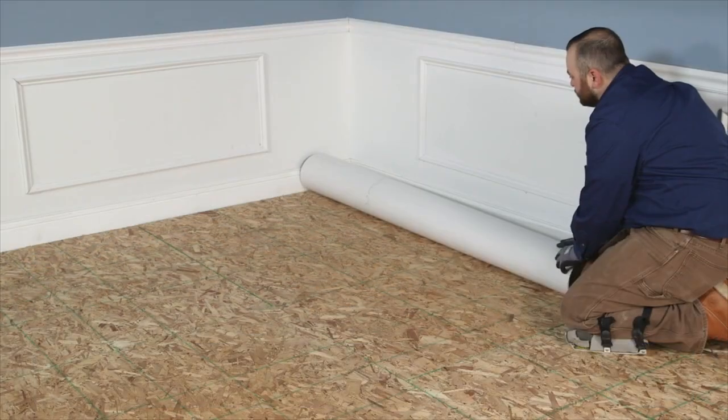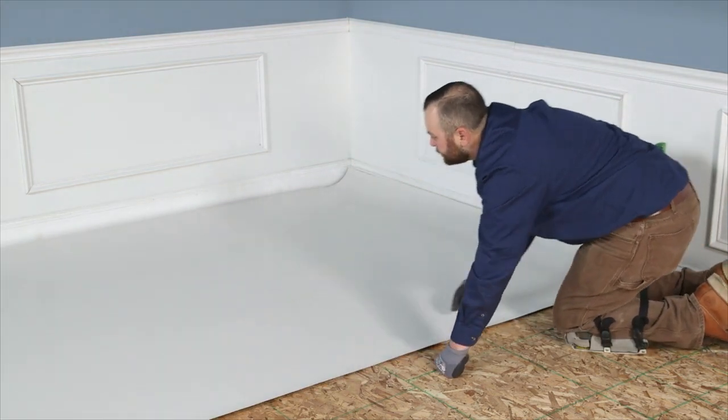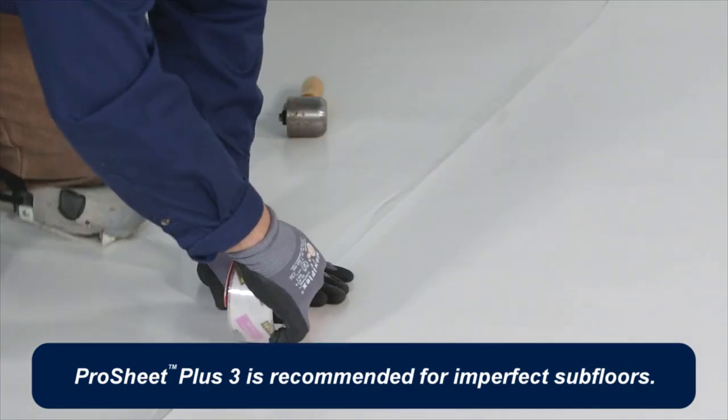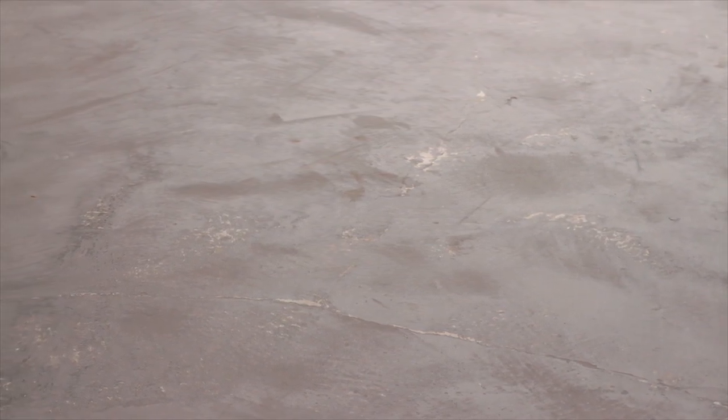When installing TruTEX over single-layer wood construction or where the existing flooring covering may have minor defects, install TruTEX over ProSheet Plus 3 for improved performance and benefits. Flooring adhesive and elaborate substrate preparation are not required for this installation. TruTEX can be installed over imperfections in the substrate or flooring, greatly reducing the time normally spent preparing concrete and